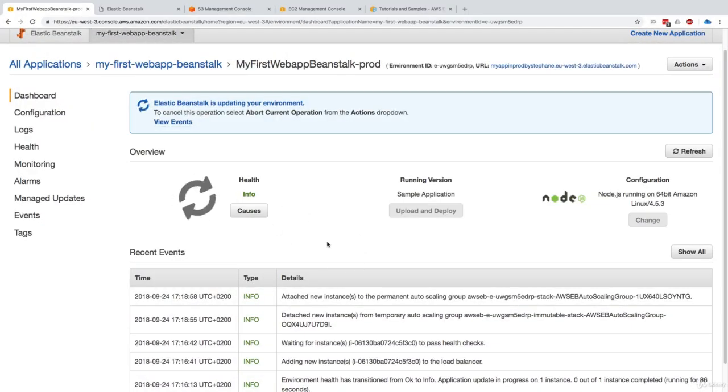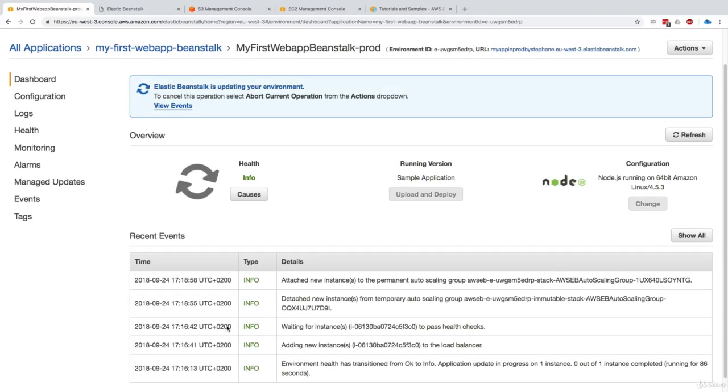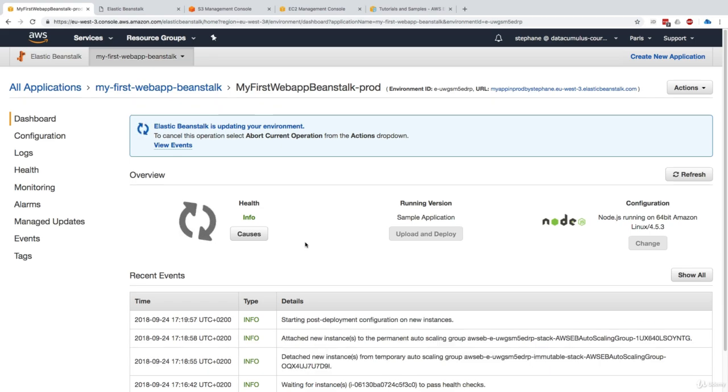And so this will take a little bit of time to finish. You can see this is quite a long deployment. It's been going on for maybe 5 minutes now. But the idea is that we are able to control how the deployment happens, and then just click and say okay, and you're done.